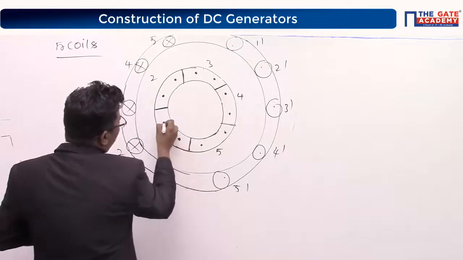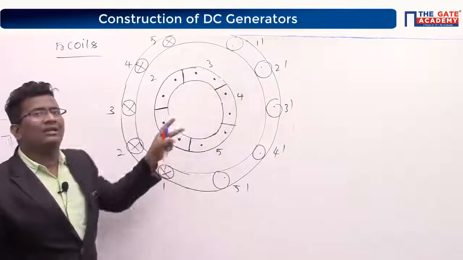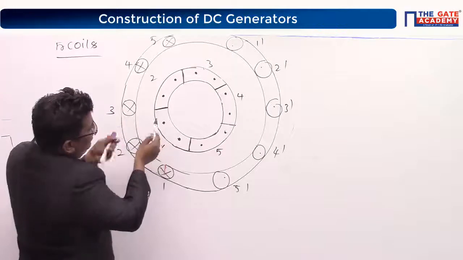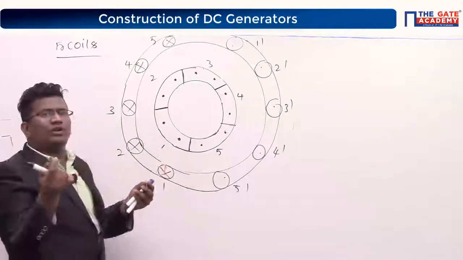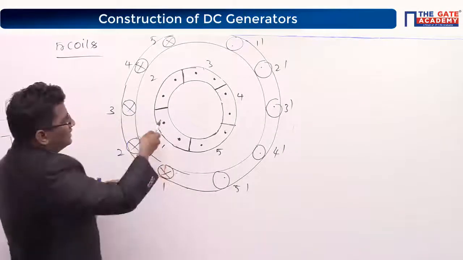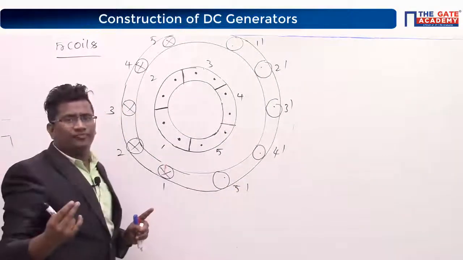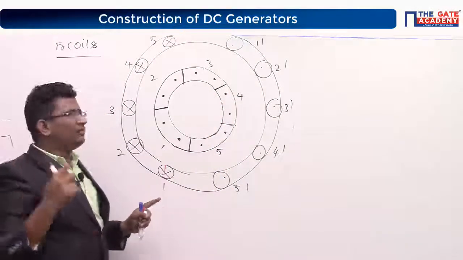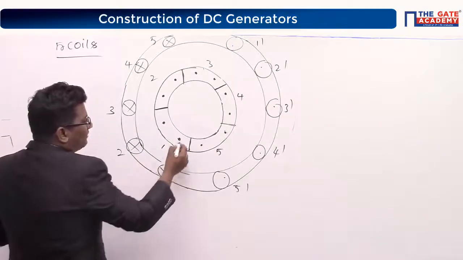Concentrate again. See, I have 1 dash. I cannot keep it in the same segment. Why? If you put these two within the same segment, this is a metallic device. If you put the two ends of the coil in the same place, this is metallic. Voltage between 1 dash is how much? 20 volts, na? Voltage between this conductor and this conductor is 20 volts. Indirectly it is short circuiting, right? So to avoid the short circuit, what will I do? I will connect